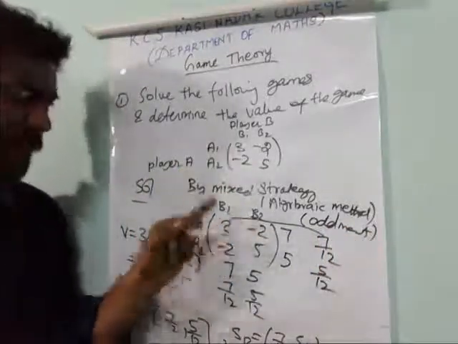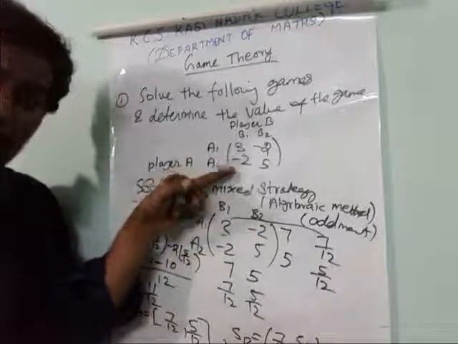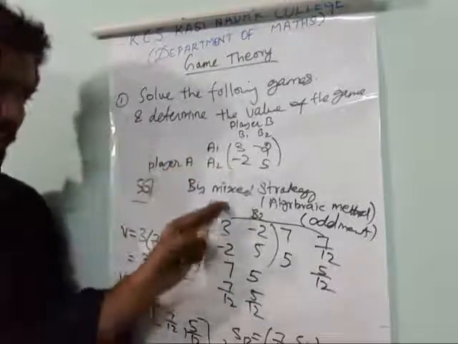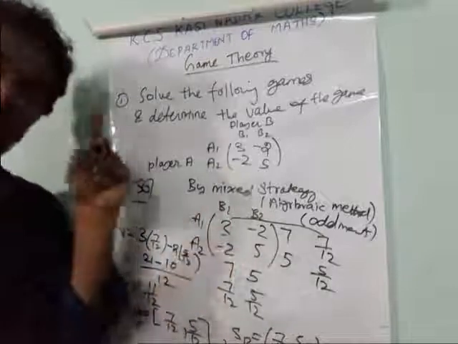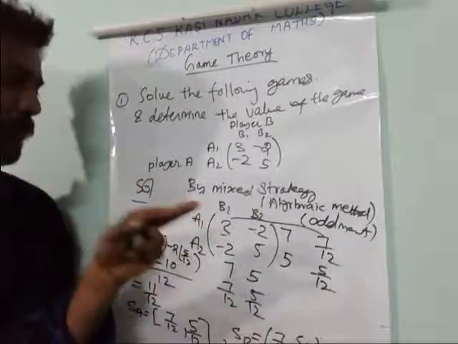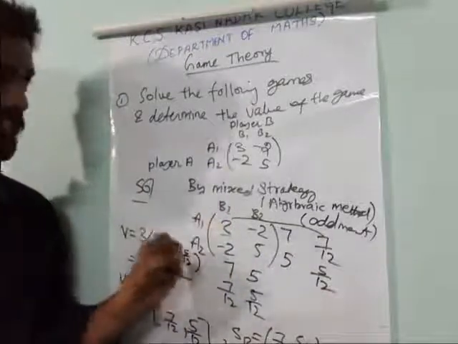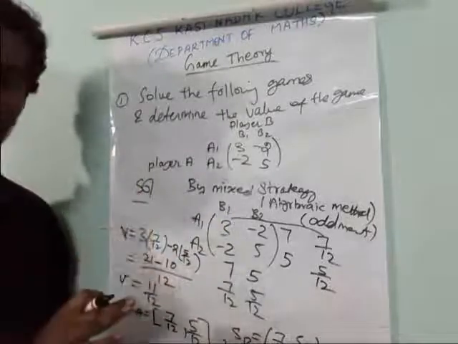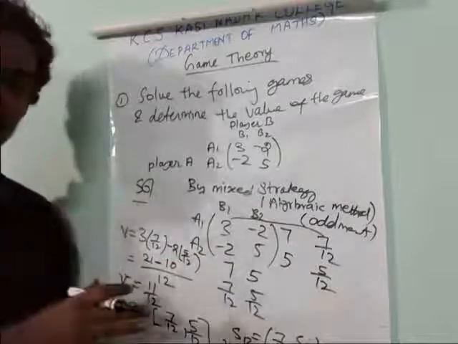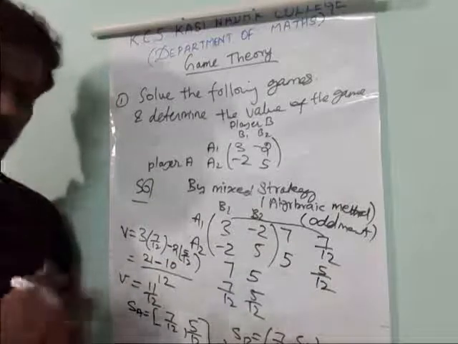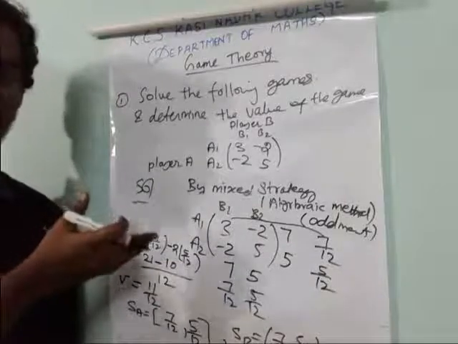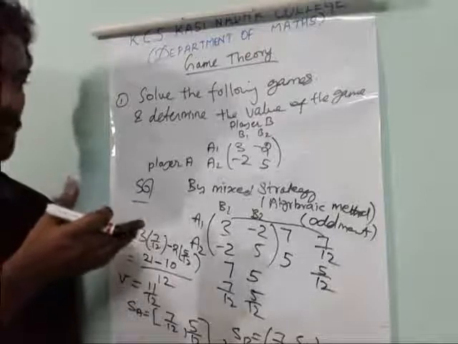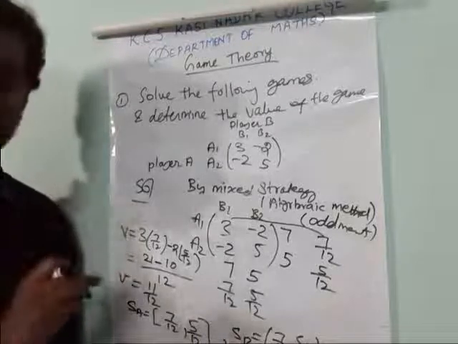Sometimes problems ask you to solve using the odd man method. Whenever the problem is a 2 by 2 matrix, it is always a type of mixed strategy. First you check for pure strategy, and if it is not satisfied, only then go to mixed strategy. This is a very important problem, and in 5 mark and 10 mark questions, this problem will surely come. I hope you understand this whole concept. If you have any doubt, ask in the comment box, and practice this problem. You can expect this problem in the exam. So thank you, students.